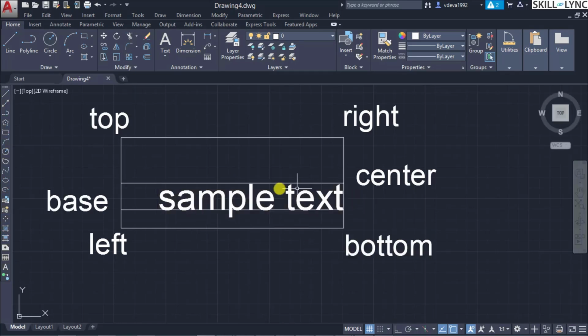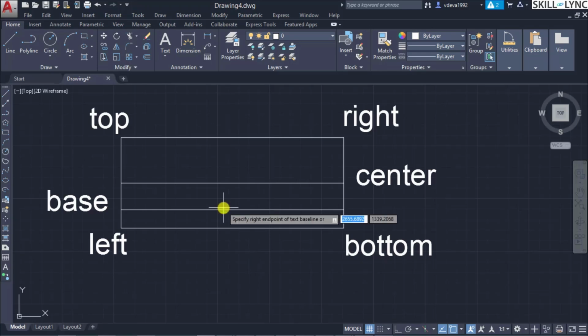So now the text is right aligned with this point. Okay, so this is how your text aligns with respect to left, center and right on the baseline. So the next command is